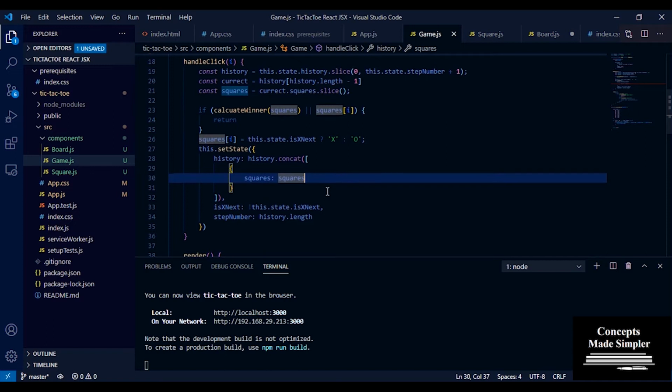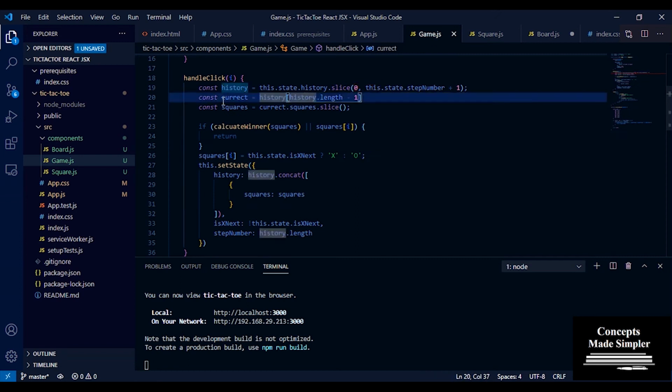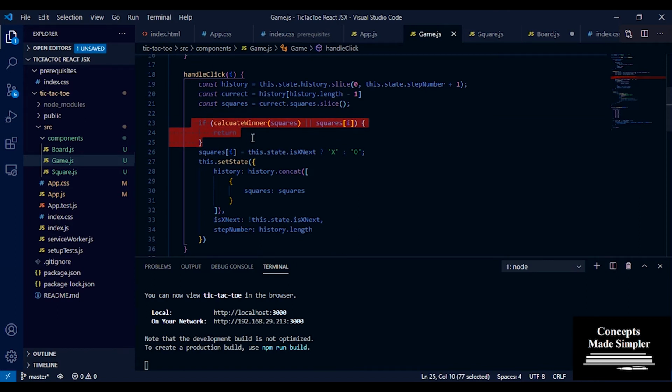Now let's see what's happening here. We pull out history from the state. We take the current, so history length minus 1 gets us the current state of the squares. We take a copy of it. If we have a winner or the square is already occupied, we don't want to change it. Else we see if xIsNext or not.